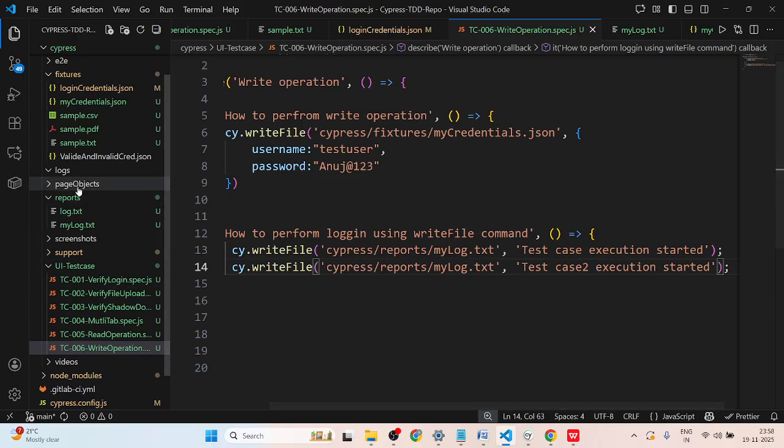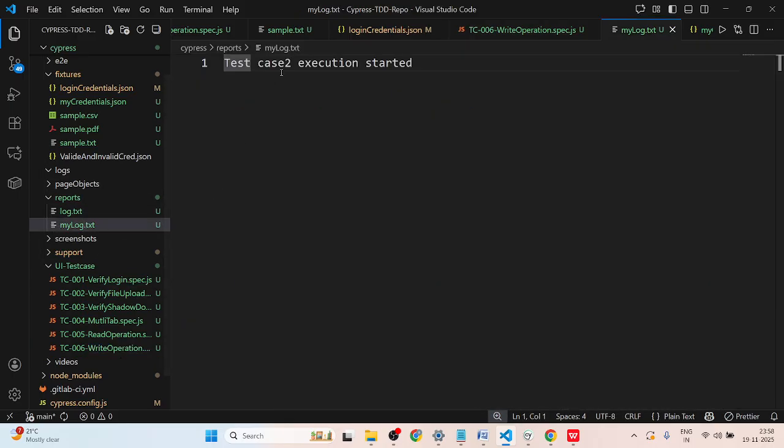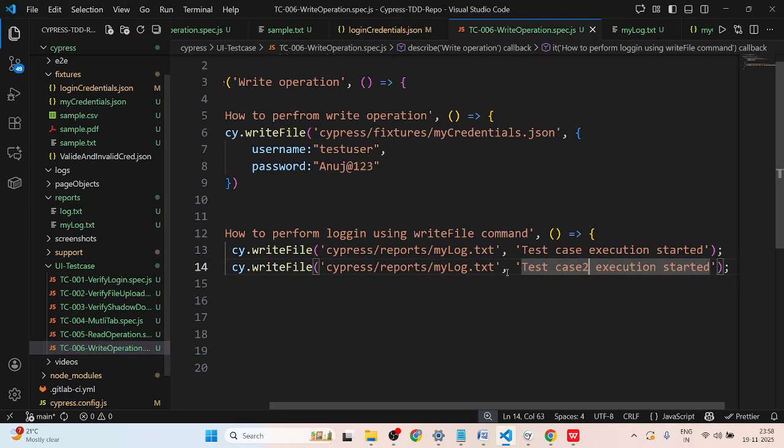It will replace it. See, test case 2 execution started. So it had written test case execution started, and after that, test case 2 execution started overwrote it. Okay, so to overcome that, we have to pass one specific parameter that I have to give. Okay,